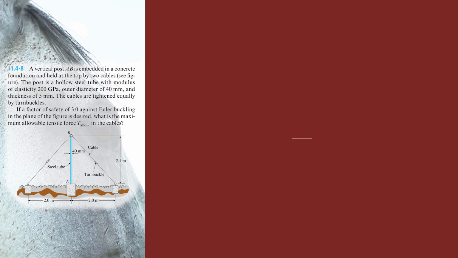So, first, I'm going to make a free body diagram, because that will relate my critical load with my tension of the cables. So I'm going to say if I have a vertical tension, the vertical component of my tension, 2 of them, will be counteracting 1/3 of my critical load, and the reason it's 1/3 of it is because that is my factor of safety, and so it's only going to do 1/3 of the maximum force. Then